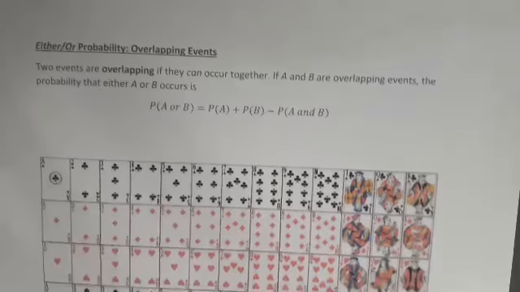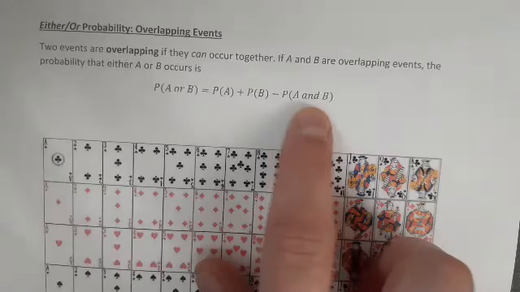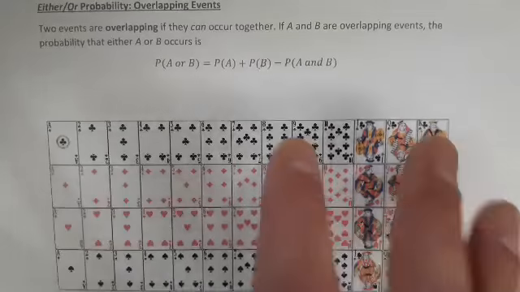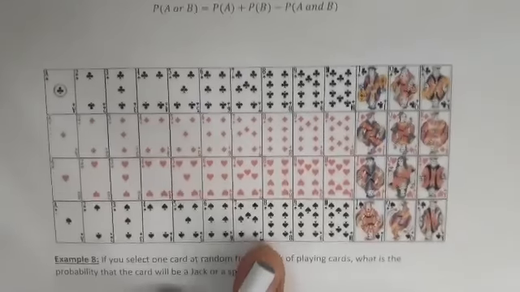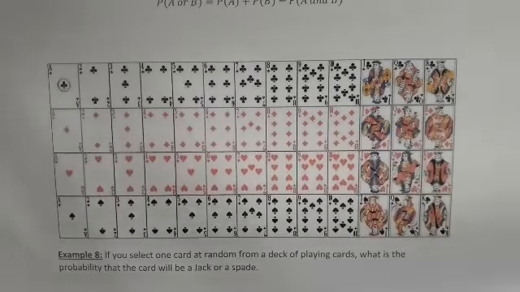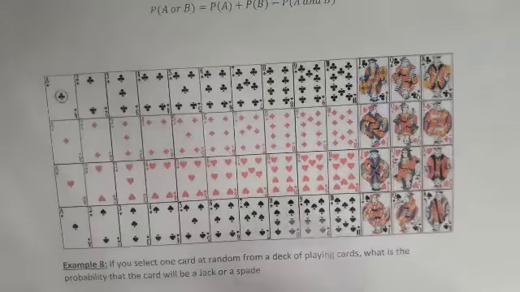All right, so now we want to talk about overlapping events. If they are overlapping, there is something they have in common. There is an intersection happening here somewhere, P and B. One of the easiest ways to get at this is to look at this. And if you wanted to, you can go back to this example. If I do hearts and spades, if I circle all my hearts and I circle all my spades, those